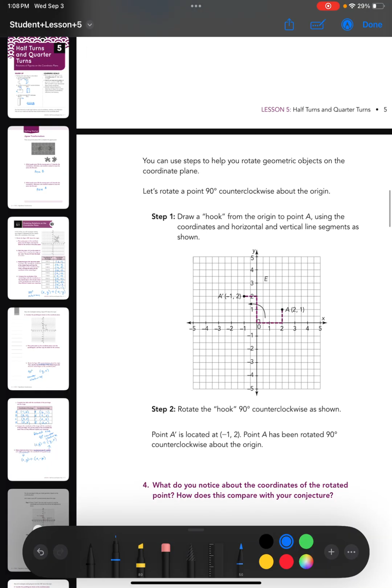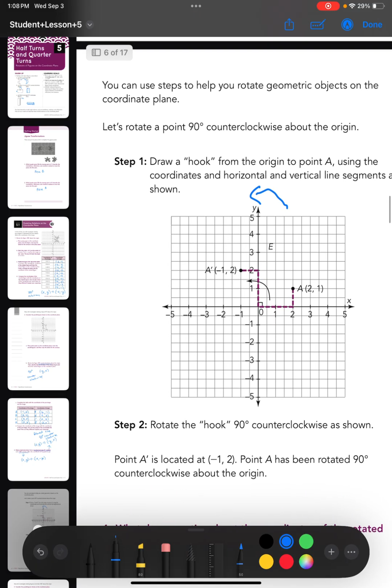Okay, if we go down to the next page, great little diagram here to look at what that rotation actually looks like. So it says we're going to rotate a point 90 degrees counterclockwise about the origin. So again, counterclockwise is moving this direction, like that arrow in the diagram shows. So in other words, if we want to rotate one point, this point here is 1, 2, 3, 4 units in that direction, the X direction,